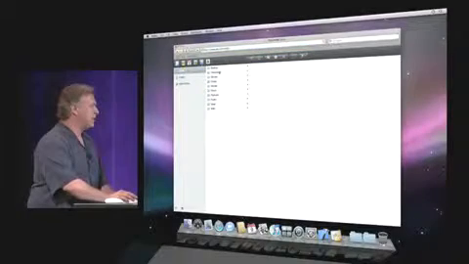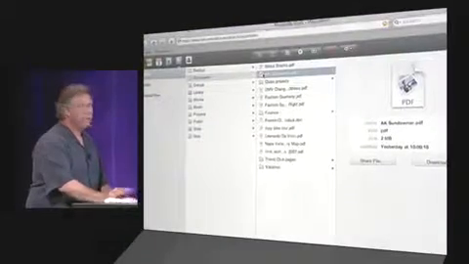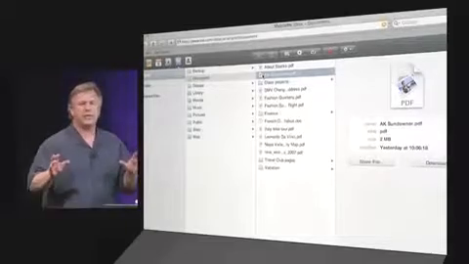And here's iDisk. iDisk now has a complete online interface. This is really great because if I have a big file and I want to